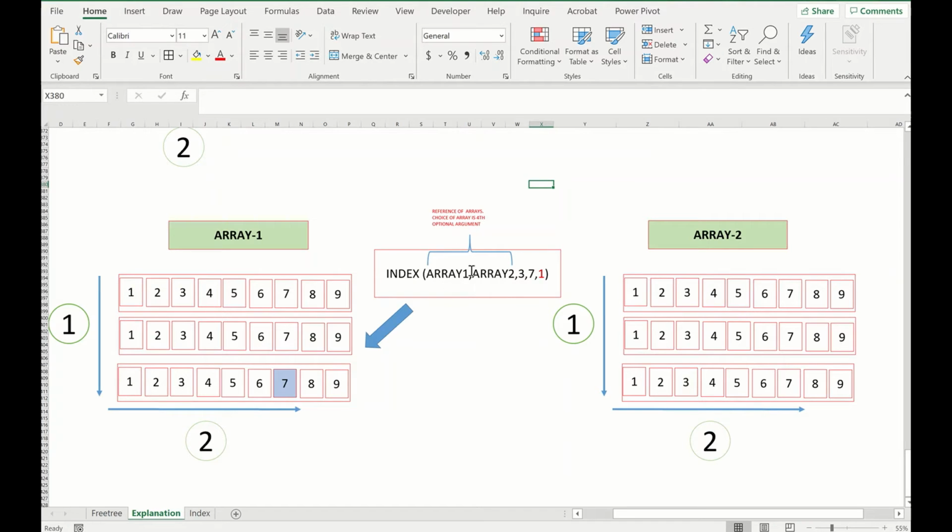For example, if we have array 1, array 2, and if we press number 1 on the fourth argument, then the index will choose array 1. If we press 2 here, it will choose array 2. If we press 3 here, it will choose array 3. Right? So this is index using reference. This is hardly used, but it is very useful if you have very complicated scenarios like 3D arrays, etc. I hope the concept is clear.